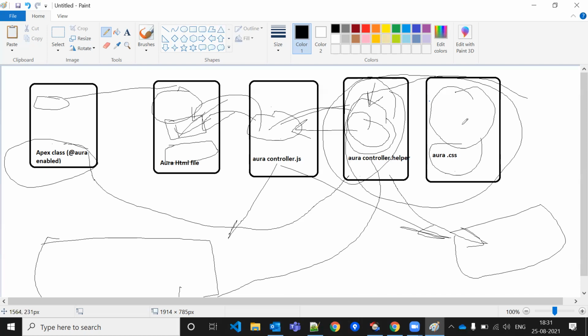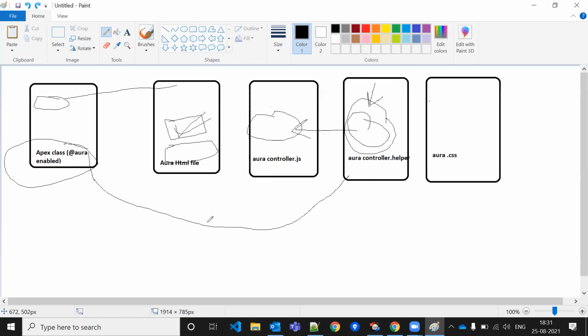Okay, CSS is important because if you are using the HTML file here, suppose I have a button here. Not even one button, I have 10 buttons in one component. If I'm writing, suppose I need to give a margin of 10, top margin 10, left, right, something like this.